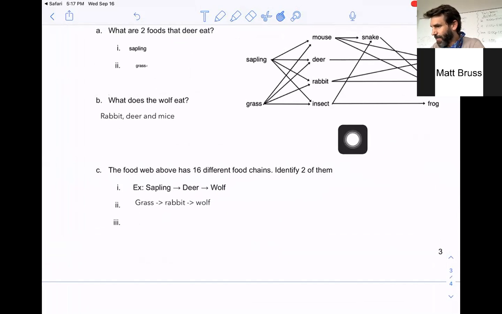Ooh, I'm gonna see if I can do another sneaky one here. How about grass to mouse to snake to hawk? Oh, we got a good one there. Grass to mouse to snake to hawk as another food chain. So I will put that